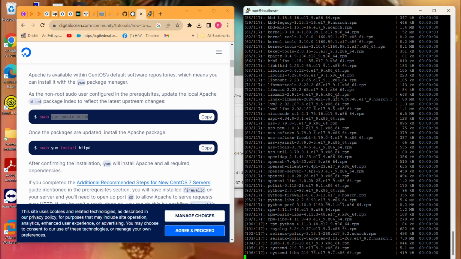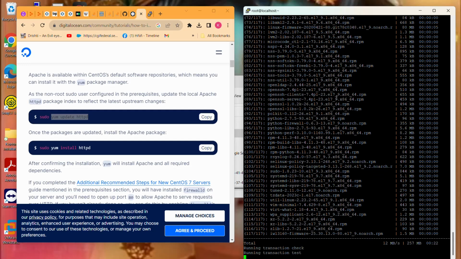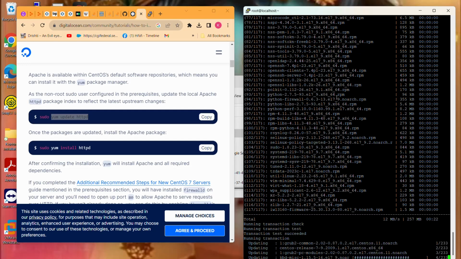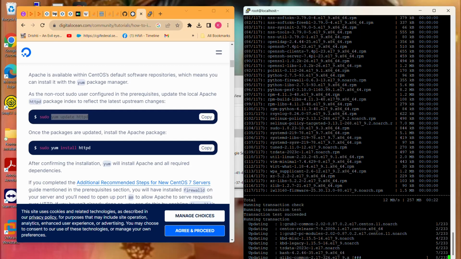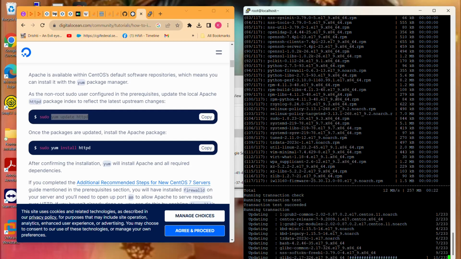So yum update is one of the commands which will update all the versions that are already there. See, it is downloading and updating everything. This depends on your internet speed. If your internet speed is good, then this should run like a flight. If your internet is too poor, then I suggest you not venture into this command at all.